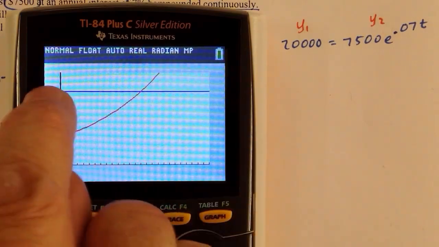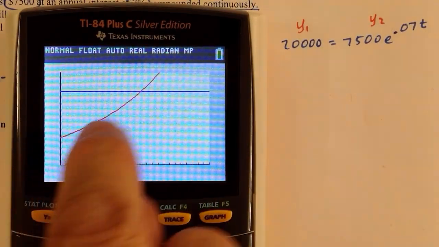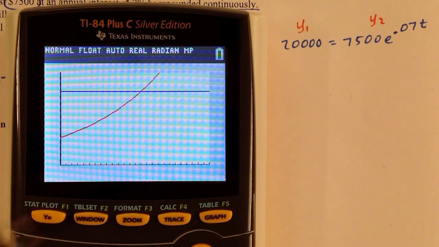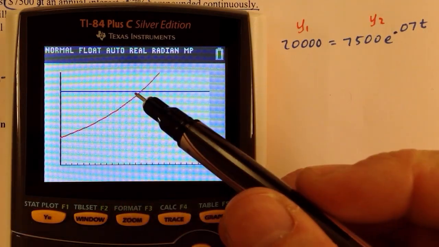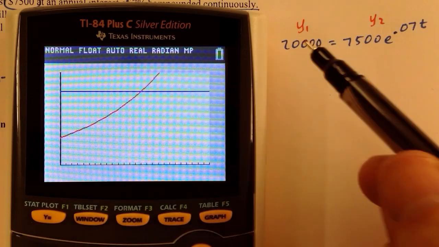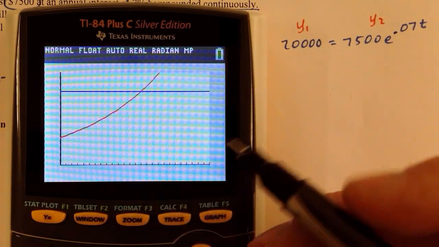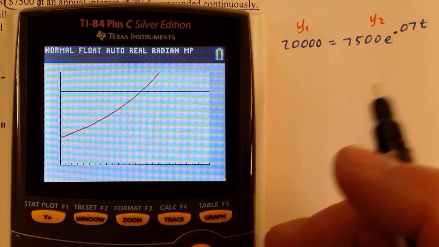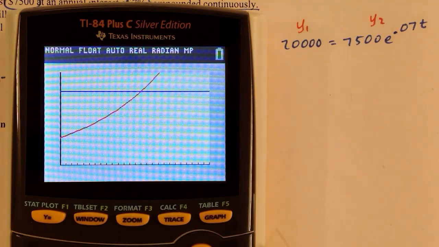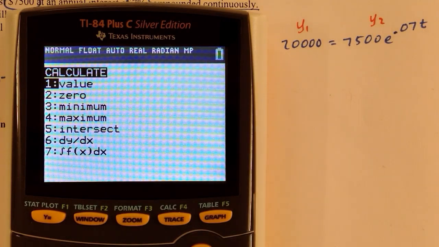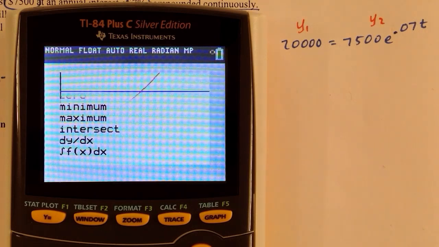The first graph is the Y equals 20,000. The second graph is our exponential function, that rate at which the amount of money in our account is growing. And where they meet is when the left side equals the right side. So in other words, when the red graph hits the blue graph, the red graph's value is $20,000. And so we want to do second calculate, intersect, so we can scroll down to number 5 and hit enter,